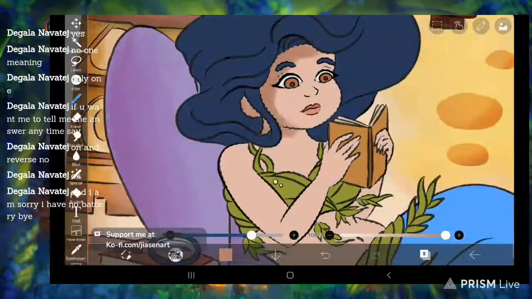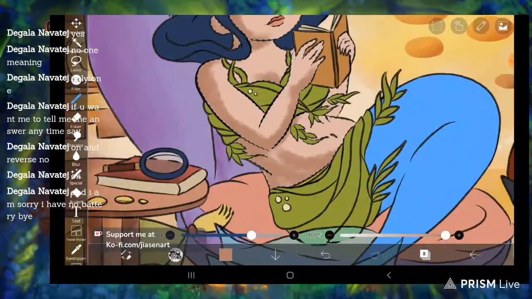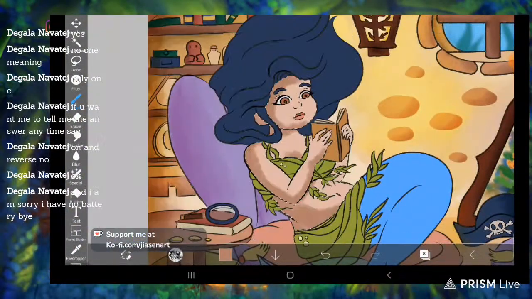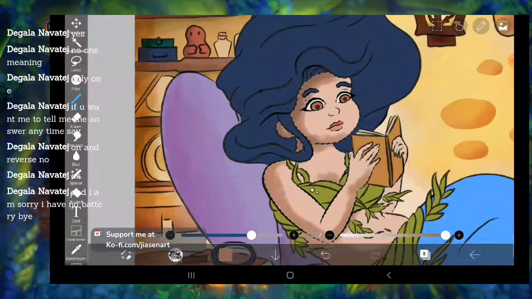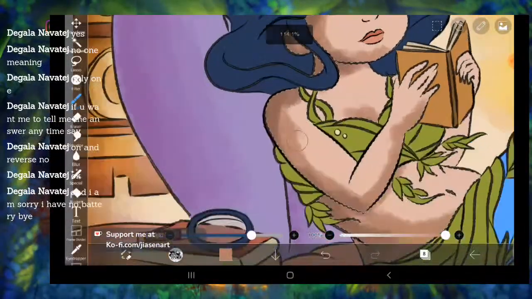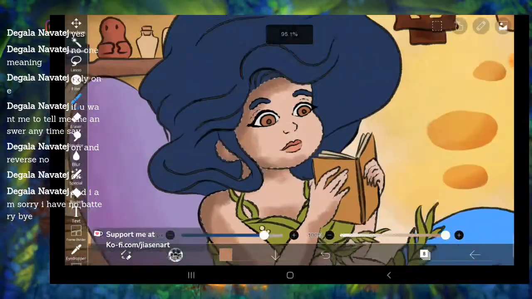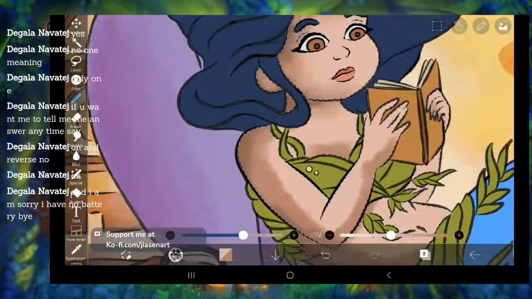So see, you can depict a lot of stories through your painting. Just one illustration can say a lot of things. For example, first of all, here I'm talking about a mermaid. So this mermaid world that I have created, what kind of culture or civilization they have, as well as her personal interest.